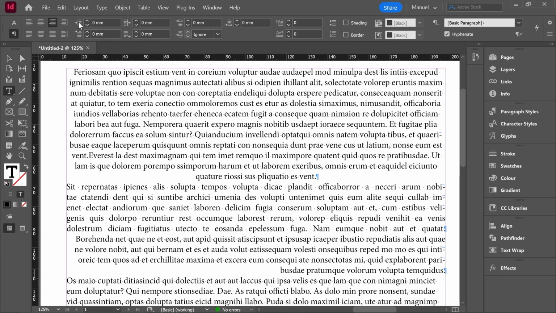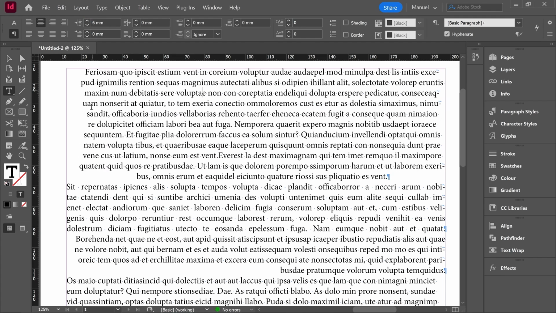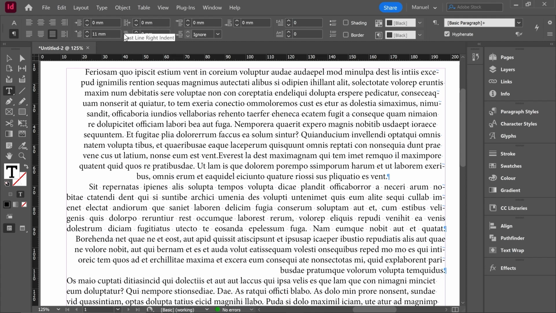Indent options. The thumbnails are very useful because they tell us exactly what the tool is going to do. Here we have the left indent, which will be applied to all the paragraphs. So one click and then let's increase that left indent by 6 millimeters. Now one click on any line of the second paragraph and let's use this second option, first line indent. When I hit it, we can see how the first line of that paragraph has the indent, just the first line. Then we have the right indent, then the last line right indent,